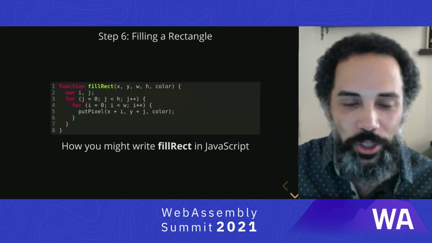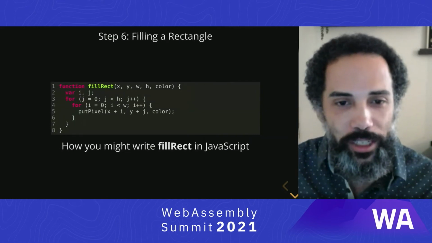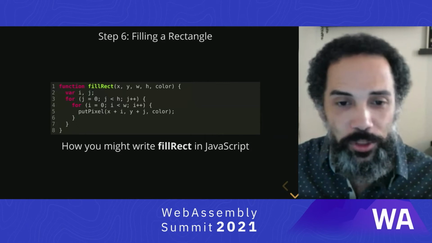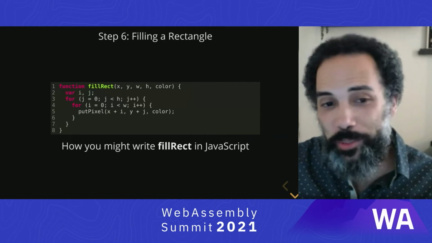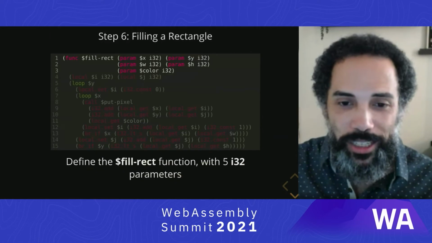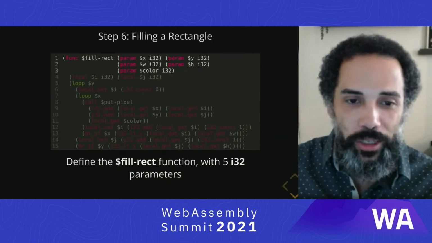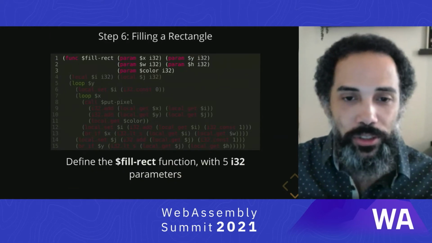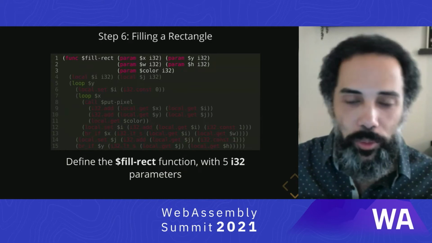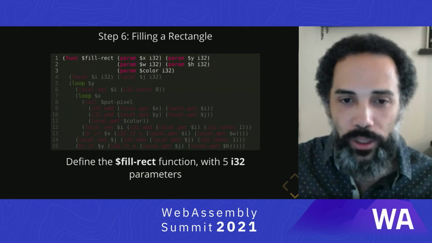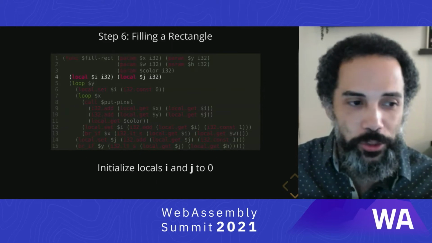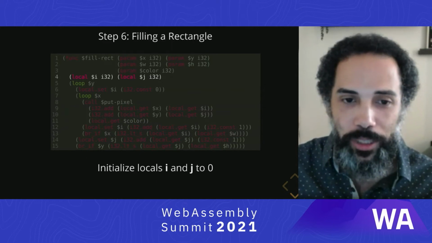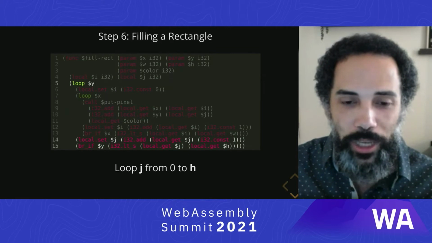All right, so how might you fill a rectangle in JavaScript? It might look something like this. In WebAssembly, it's going to be a little bit more complicated. You can see there's a lot more going on here, but it's the same basic structure. So what we have is our parameters here: x, y, width, height, and a color. Again, we create local variables just like we did in the JavaScript example. And then we have our outer loop.